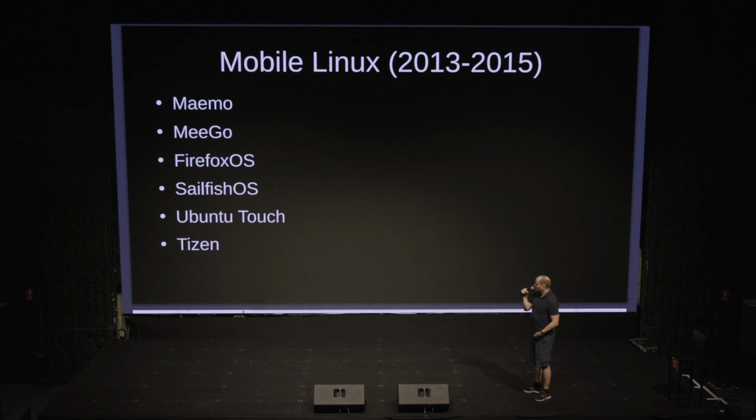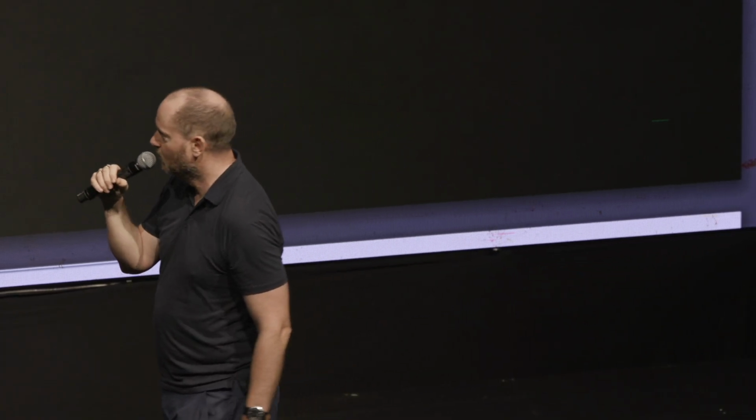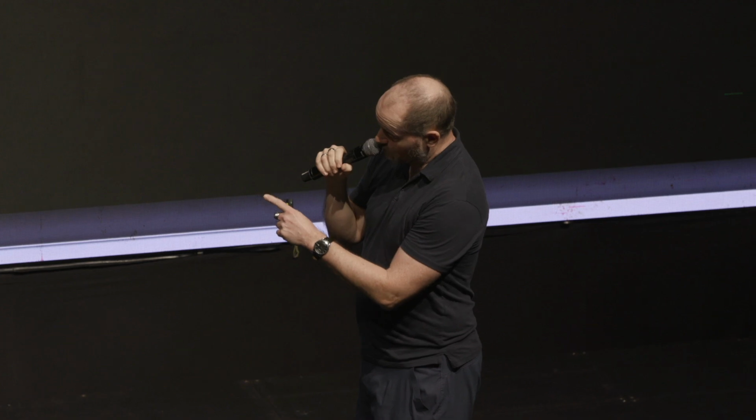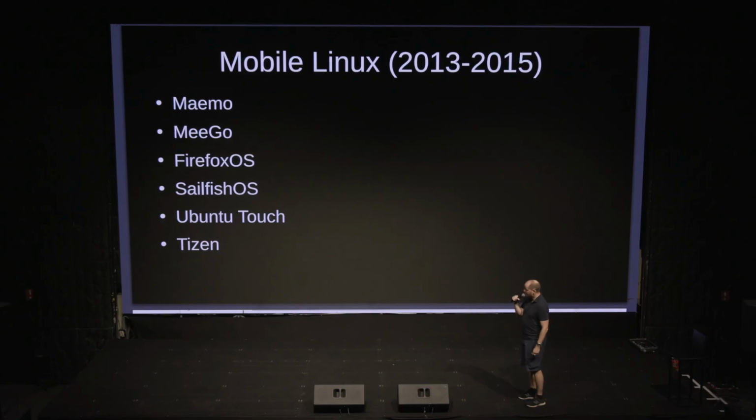So MeeGo and Maemo were from Nokia. I mean, Nokia, God, did they mess up as well. But also, at that time, you had Ubuntu Touch, you had Firefox OS, so you had Mozilla and Ubuntu trying to join in there. And Tizen is the one that I was most directly involved with.